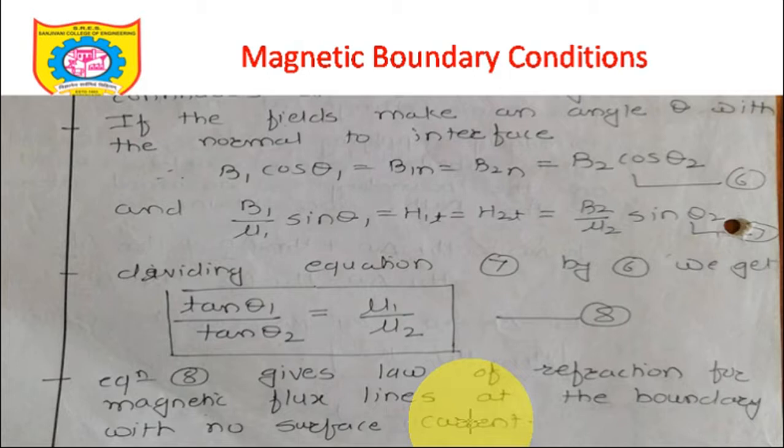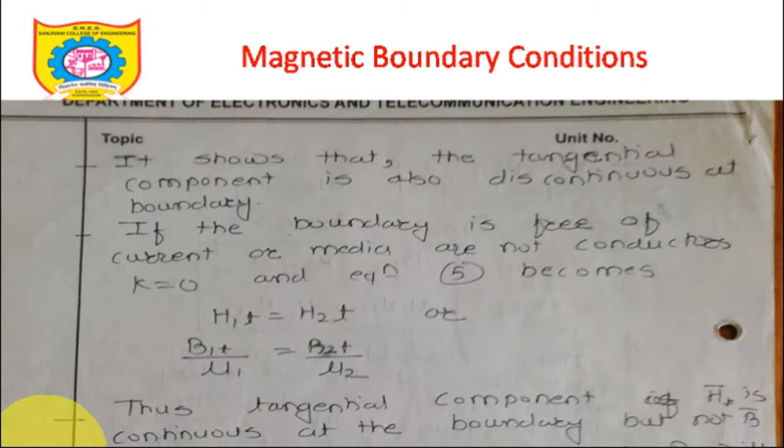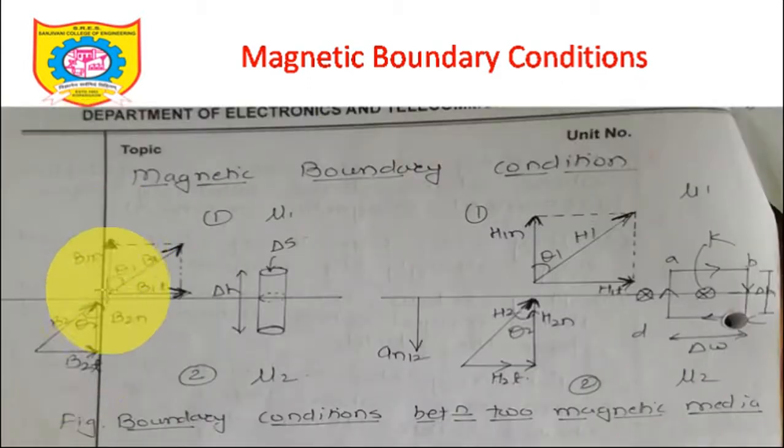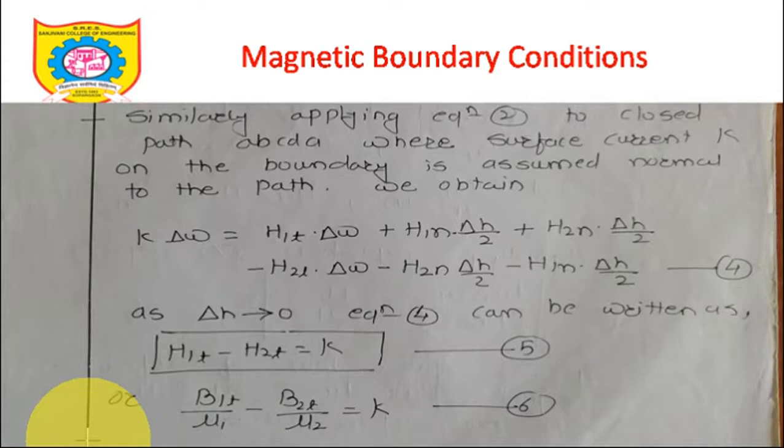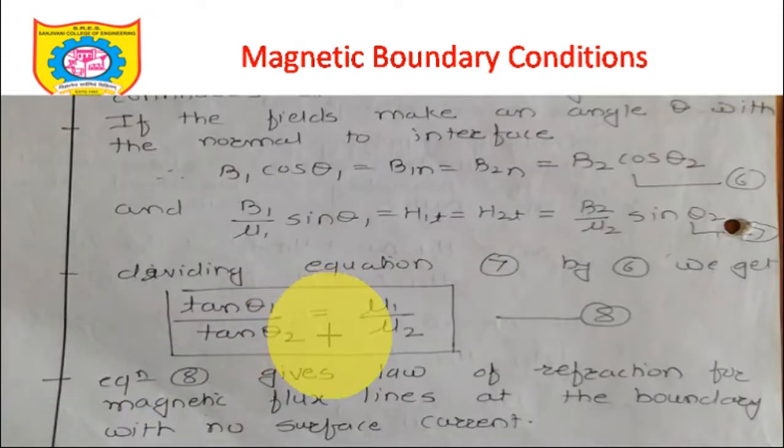So if you have certain doubts about how we came to equation number 6 and 7, just apply your trigonometric concept here. See, if this side is cos theta 1, the opposite side, because of theta 1, this side is the opposite side of the parallelogram, and the parallelogram has the same sides. So B1t is nothing but B1 cos theta 1, and B2t is B2 cos theta 2, sorry, sin theta 2, my mistake. So B1t is equal to B1 sin theta 1 and B2t is equal to B2 sin theta 2. If you put those values here and finally divide them, we come to the conclusion that tan theta 1 upon tan theta 2 is equal to mu1 upon mu2.